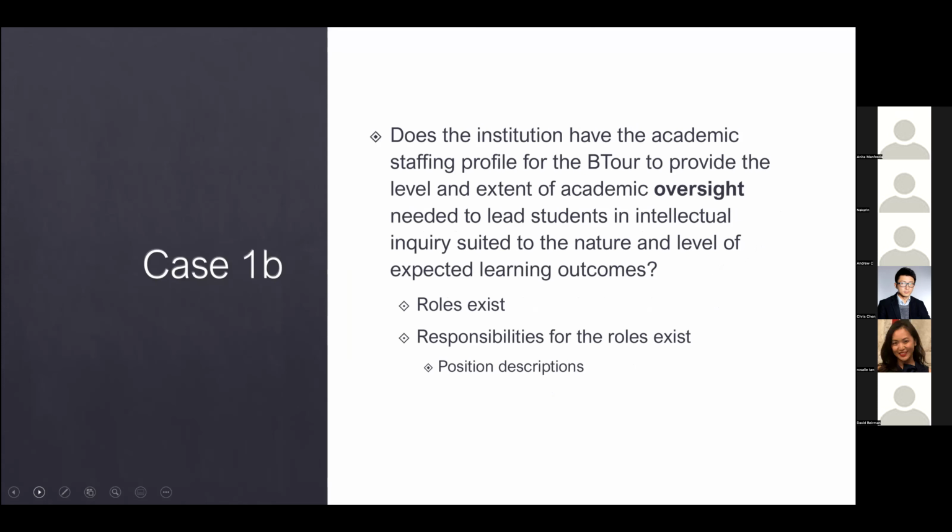So, I've jumped ahead of myself, but what I want you to look at now is the oversight. Given that I've just reviewed what the likely response is going to be, this should not take you much time, but it really just reinforces what Paul highlighted. I want to give you a few minutes to think about the profile demonstrated within that case study you were just looking at, to see if these oversight roles exist and that the responsibilities for the roles exist. And you may want to have that discussion in comparison to your own institutions or other institutions that you've worked at.